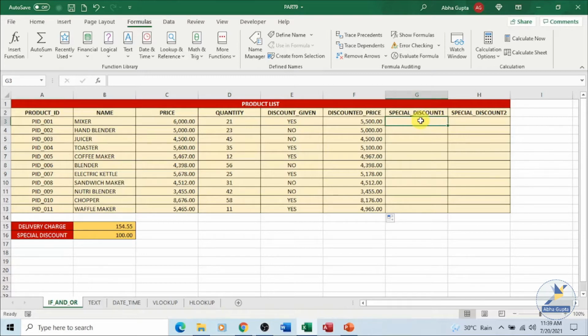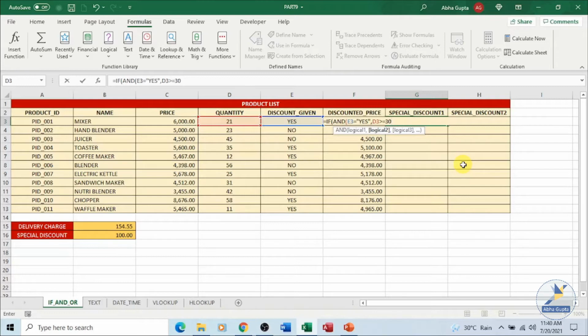Now what I want to do is, together with if, I want to make use of AND also. Let's make use of AND. The condition which we want to check is whether this is equal to yes and the quantity is greater than or equal to 30, then we want to give a special discount of 100 rupees.